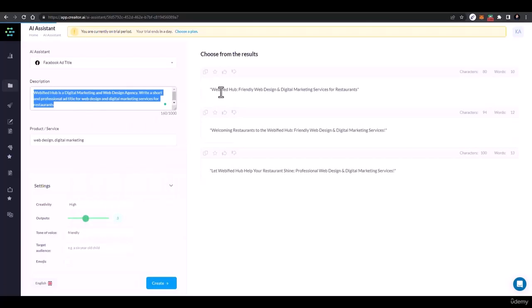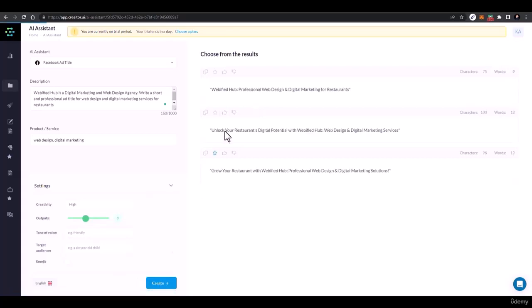And here you can see Webified Hub. I'll remove this friendly because I think it doesn't work. So again: Webify Hub, professional web design and digital marketing for restaurants. Unlock your restaurant's digital potential with Webify Hub, web design and digital marketing services. Grow your restaurants with Webify Hub, professional web design and digital marketing solutions. Then you can click on select 5 and create more